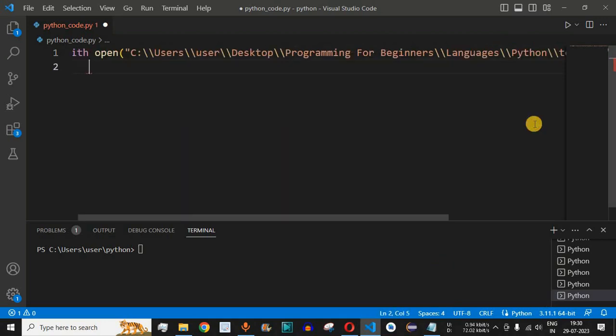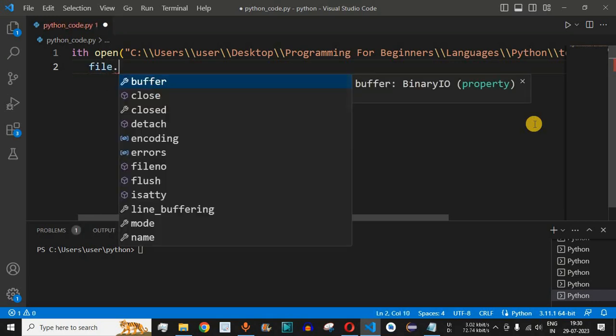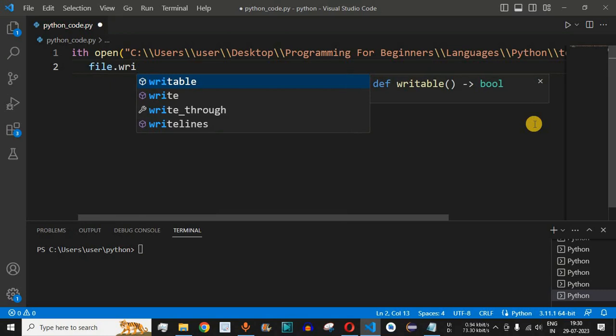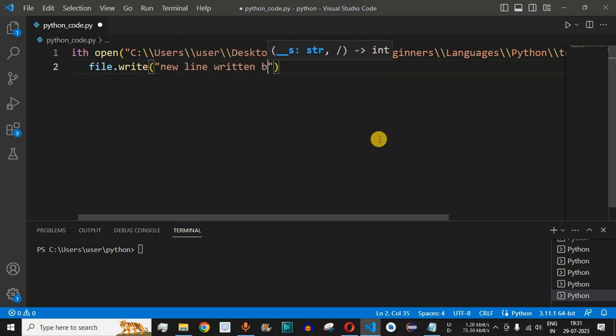So guys, we come to the next line over here, and simply we have to provide file followed by a dot, and now we can use the write method in order to write into the file. So over here we can use the write method, and then it takes the parameter that is going to be the string which will be written to the file which we have opened in the append mode over here. So guys, what we are going to do is inside the double quotes we are going to say new line written by program. That will help us to identify that this is the new line that is written by program.